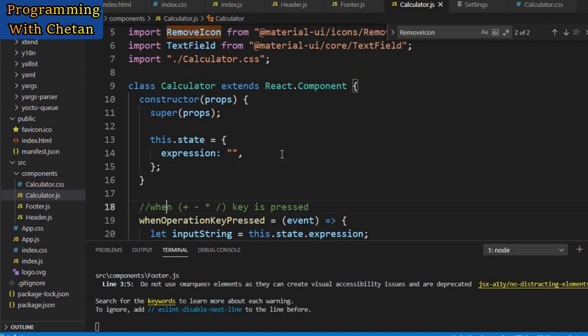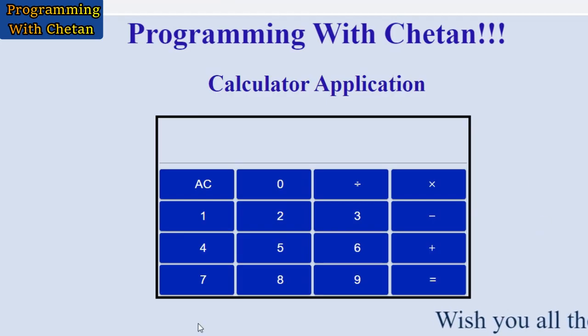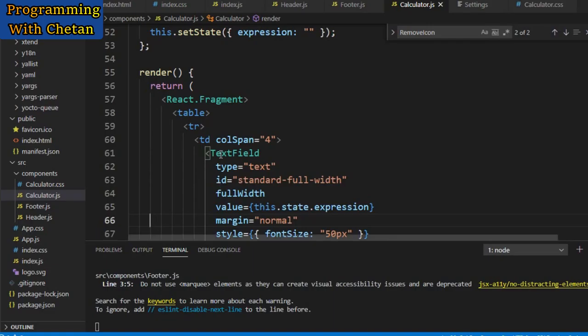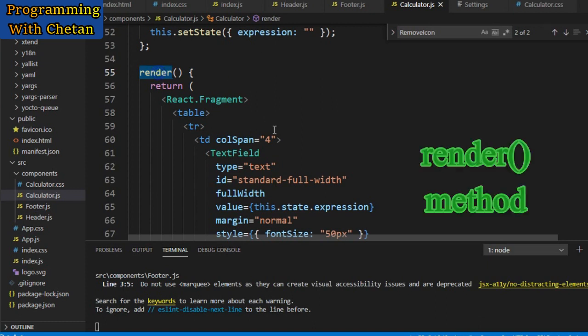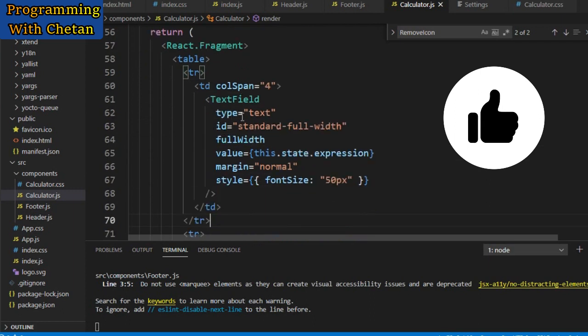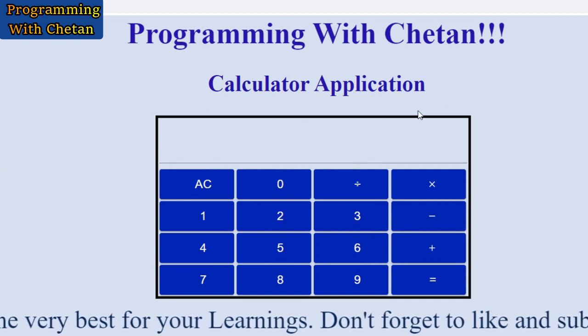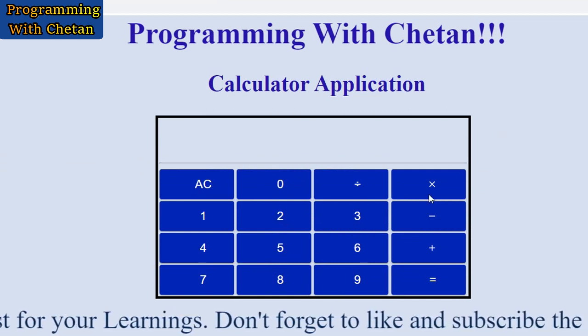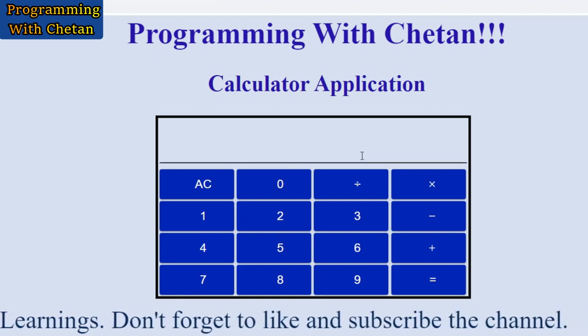Now let us move on and discuss render. Whatever we are seeing in our calculator component, we have defined all those tags or fields inside our render method. When we use the class component, it is mandatory to provide the implementation for this render method, and this render method is used to render various components, tags or fields on our UI. So here you can see that inside a React fragment tag I have used a table tag. This table consists of different rows and columns.